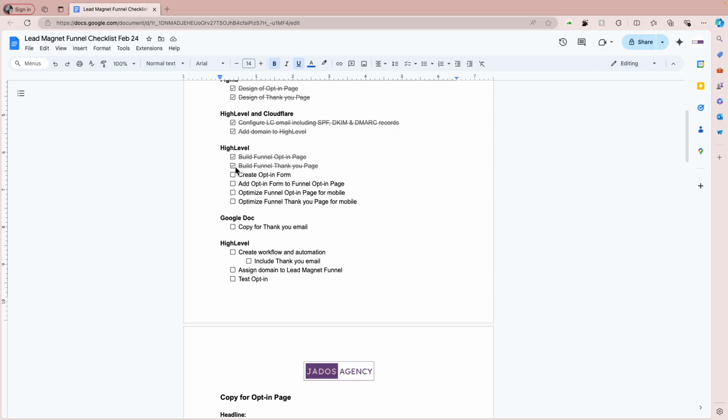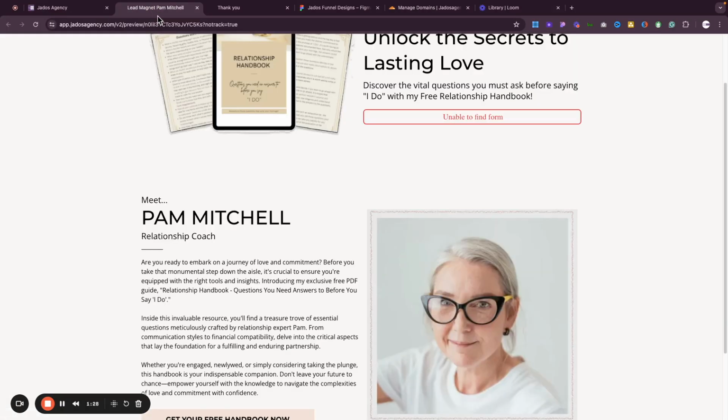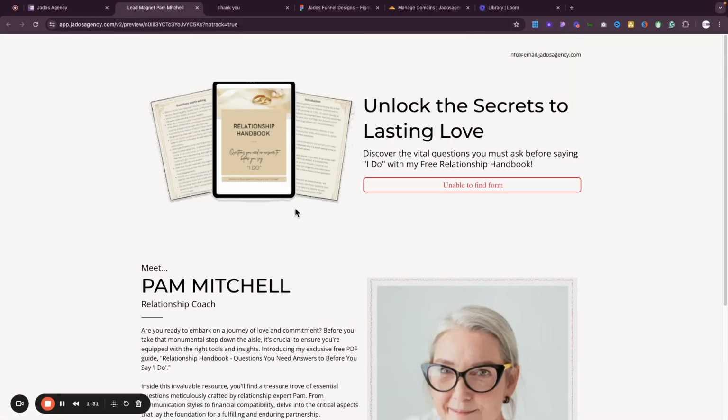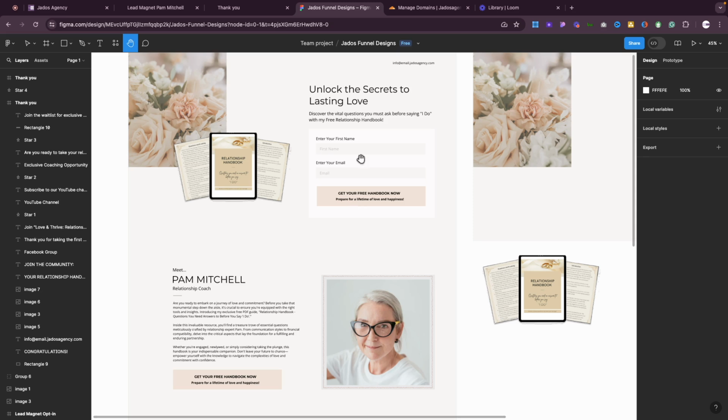So the next thing for us to do on HighLevel is to create the opt-in form. As you can see on the opt-in page, we've created the page, but it doesn't have the form. Looking at our designs, the form is where they put in their name and email address. Once they subscribe, they are included in our CRM, and then we can nurture them with a view to eventually sell to them. So we have to create the form, and creating this opt-in is done by creating forms on HighLevel. So let's do that.